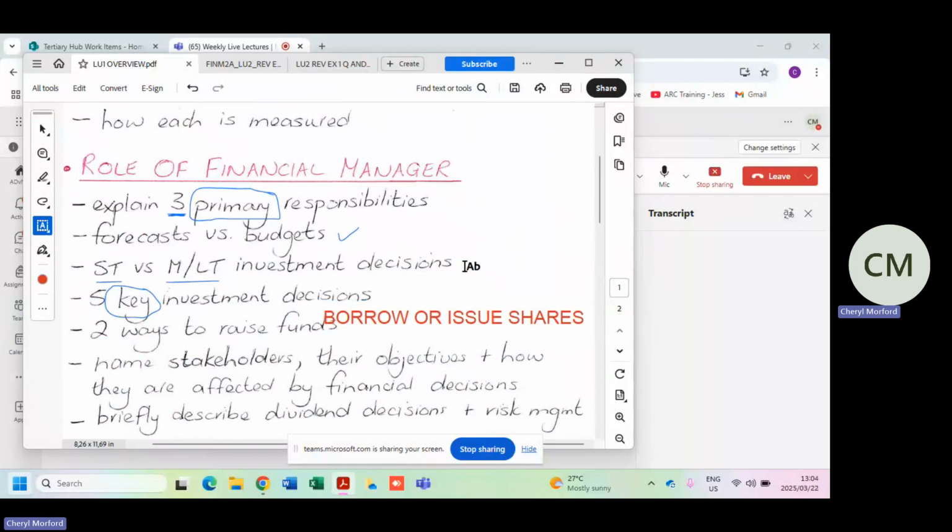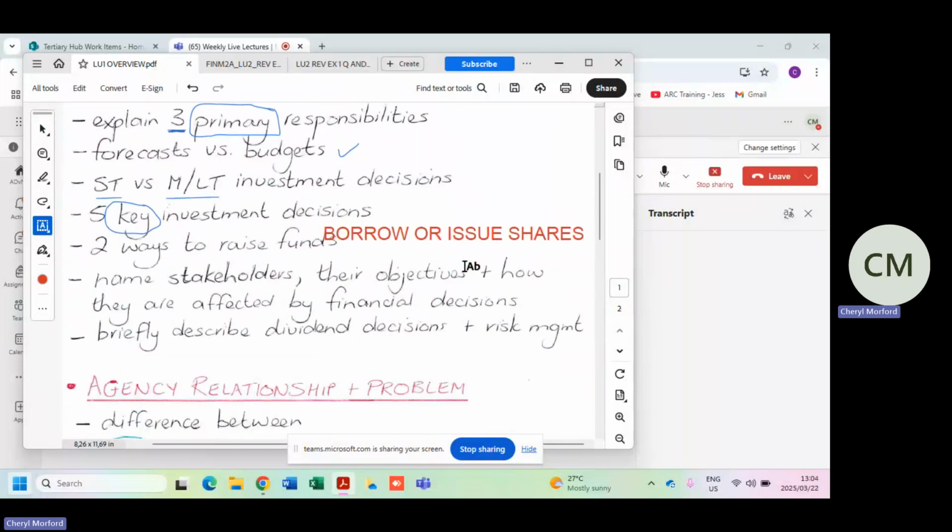Then, if we get on to the secondary or the other responsibilities, I will name them for you. There's 4. Cash management, very straightforward. Relationship management, as well as risk management and dividend decisions. So out of all of those, I would say that relationship management is the most important because there's the most basically happening in there. So it means that we need to establish and maintain